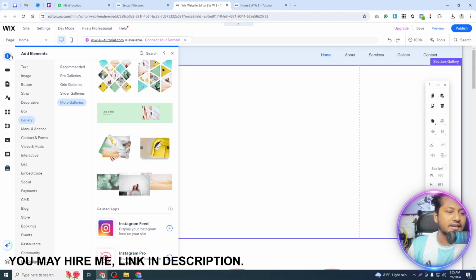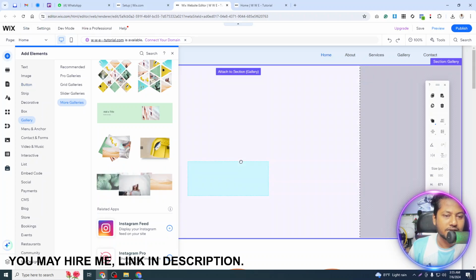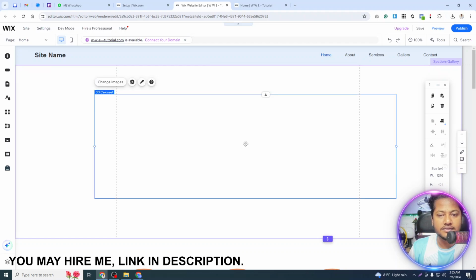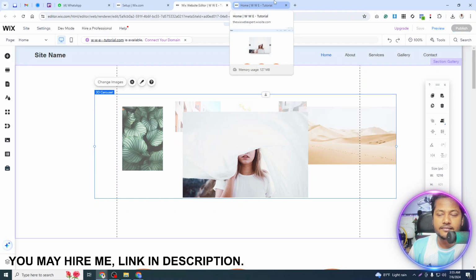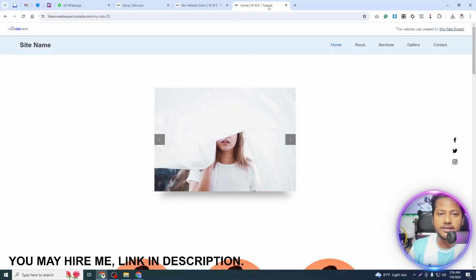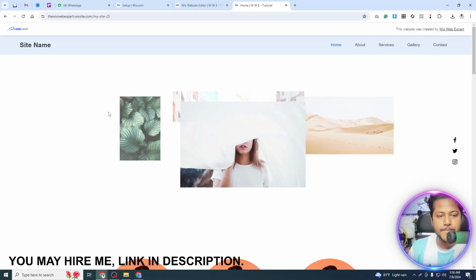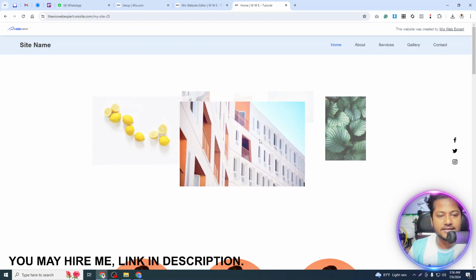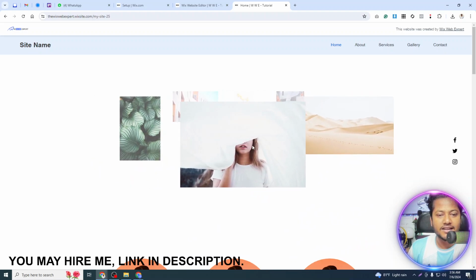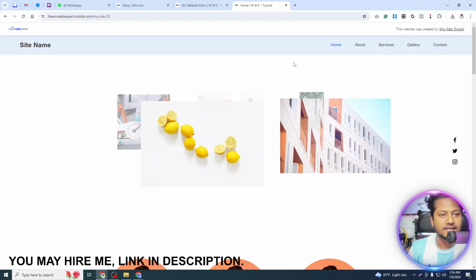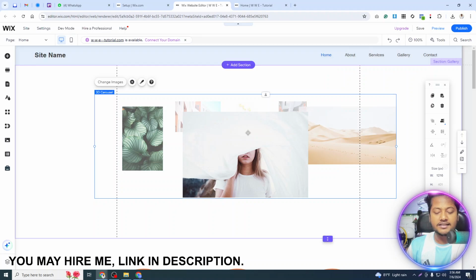Let's see another gallery here, this one, the 3D carousel. Make it publish again, and let me reload here. Okay, let's see. Yes, wow, the 3D carousel gallery. Okay, let's delete this one,